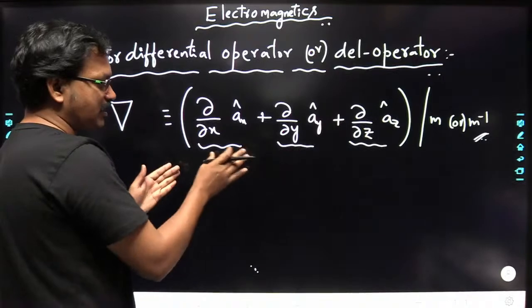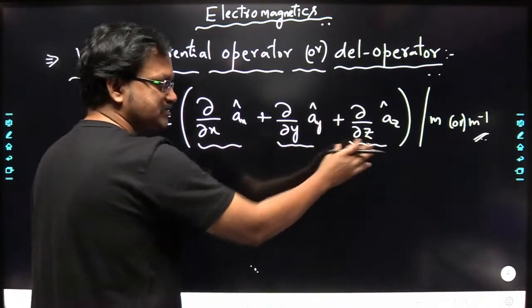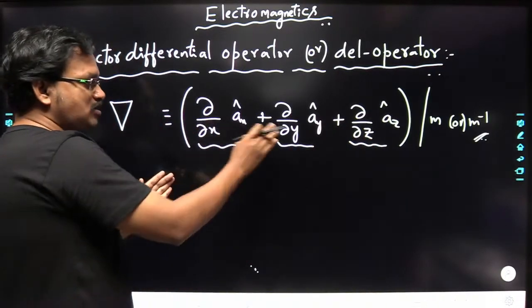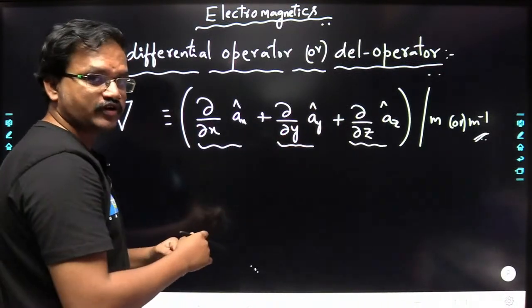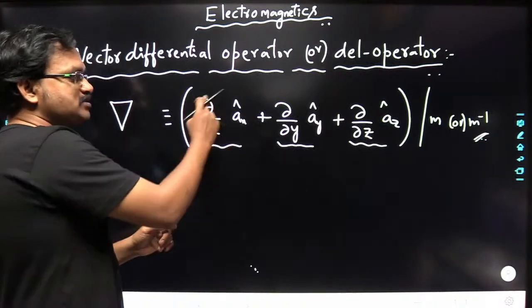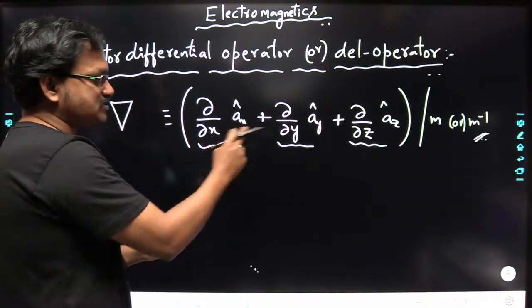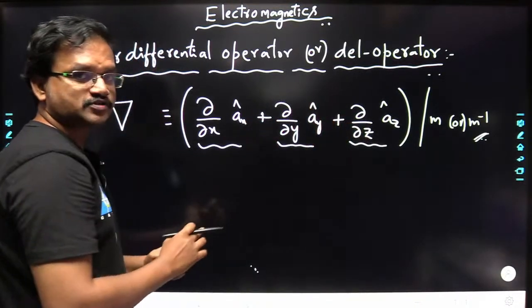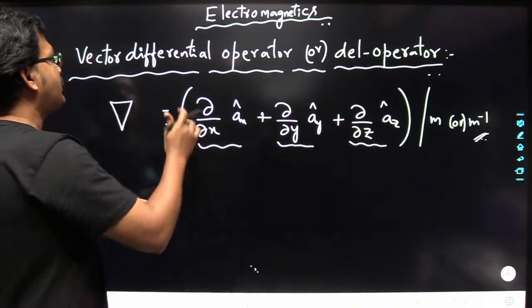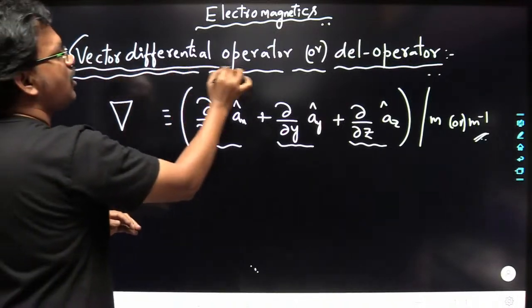Why is it a vector? It has an x component, y component, and z component, and all these components are differential operators. This component is a differential operator with respect to x, this with respect to y, this with respect to z, and hence they have named it as what? Vector differential operator,